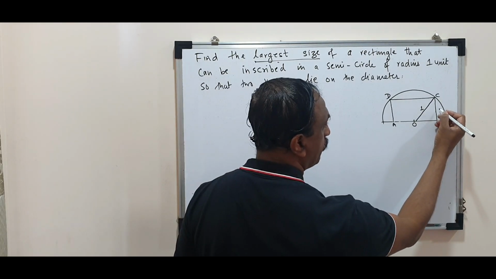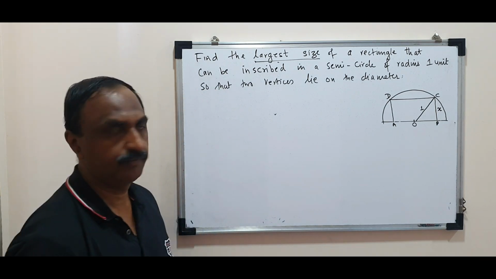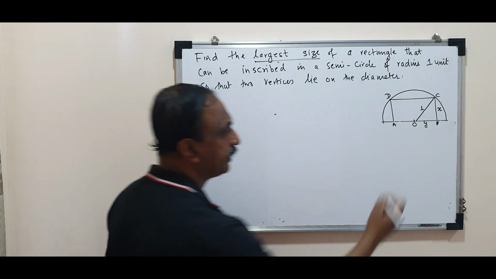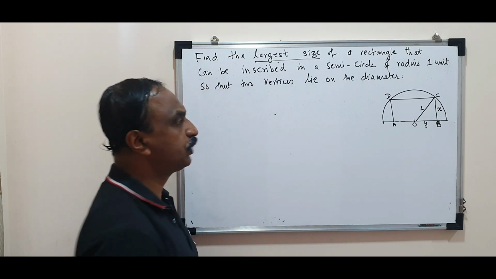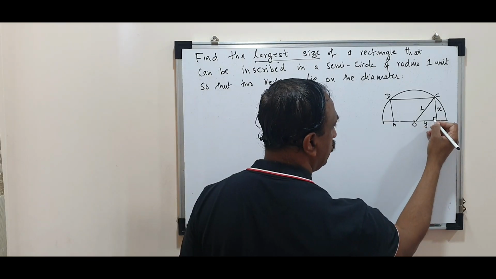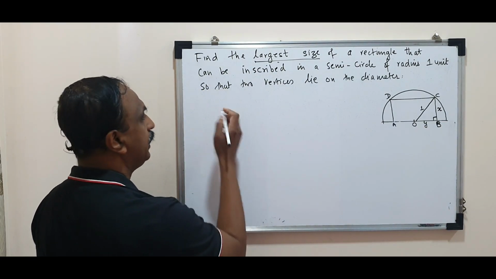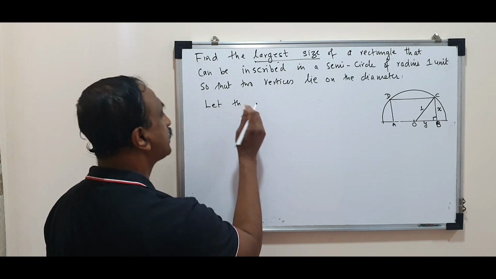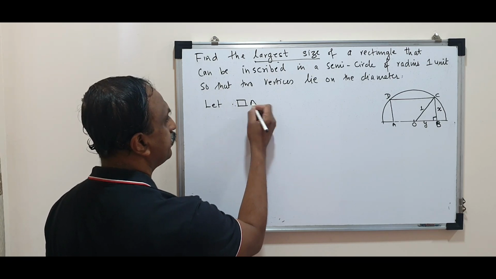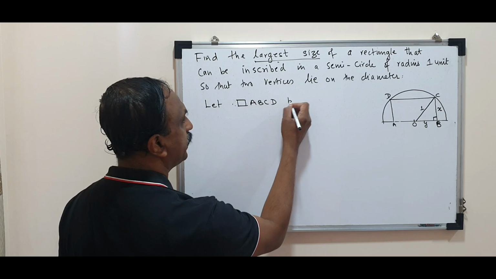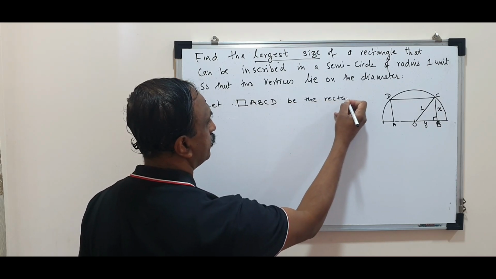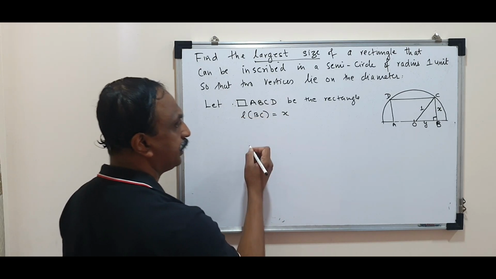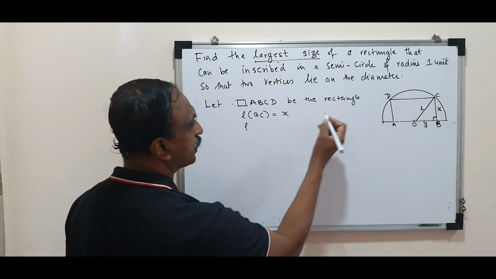So one of the variables which I am going to take is x as the side of the rectangle. And let me take y as this edge. So that means length OB is taken as y. Actually, I can apply the Pythagoras theorem because it's a rectangle. So let ABCD be the rectangle. I am taking length BC as x. Length OB, O is the center of the circle.